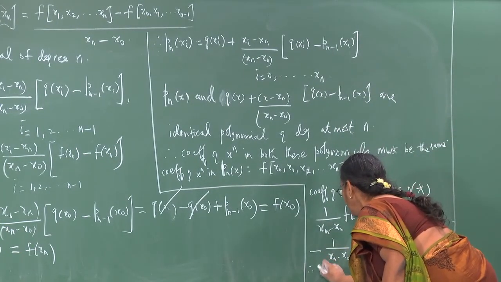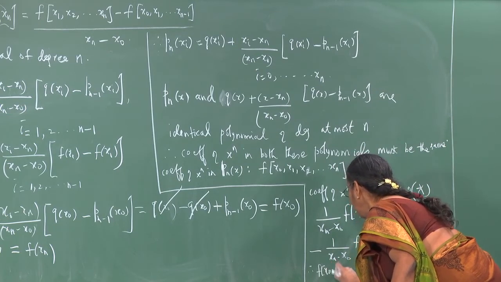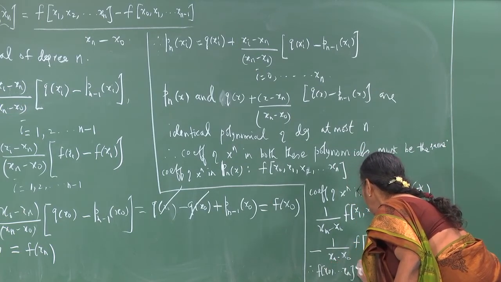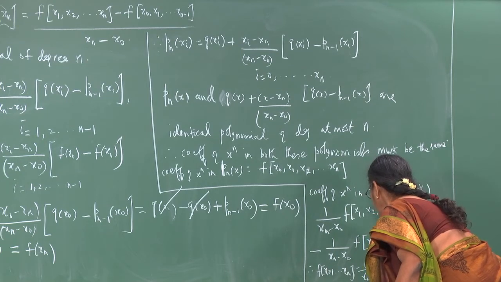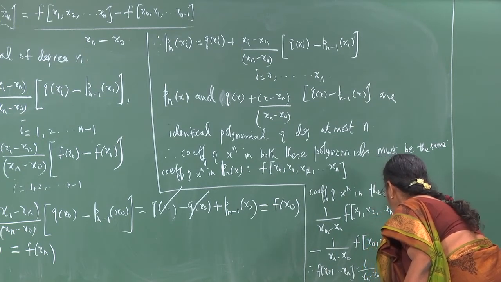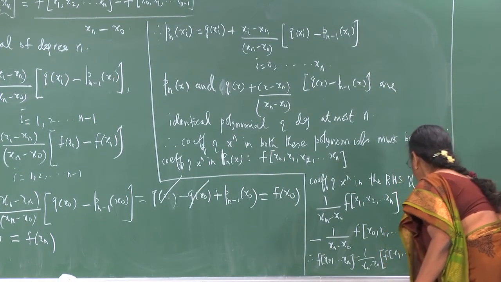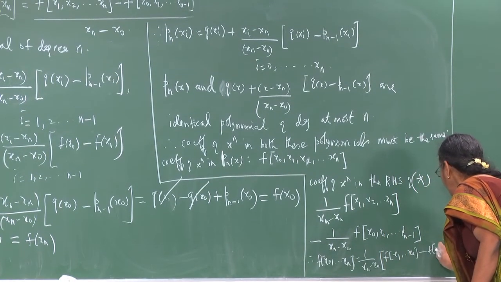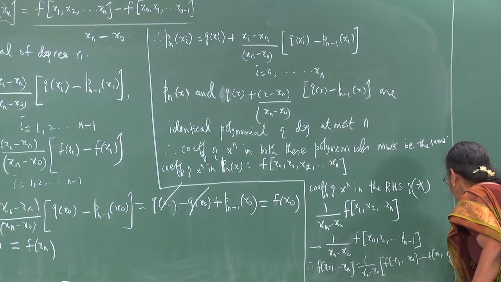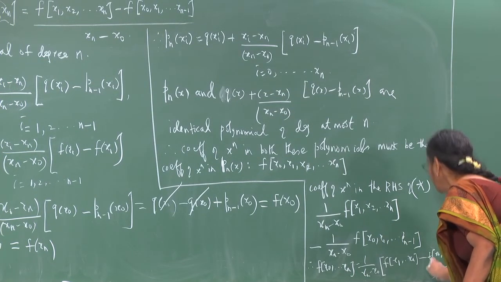So therefore f of x naught, x1, etc., xn must be 1 by xn minus x naught into f of x1, x2, etc., xn minus f of x naught, x1, etc., xn minus 1, proving the property of